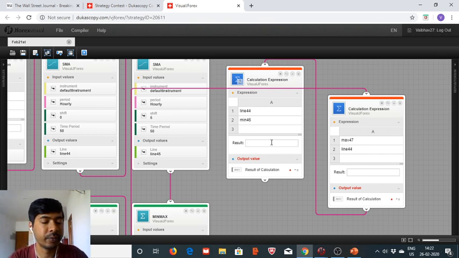Let's deduct A2 from A1, so we take A1 minus the minimum value A2,